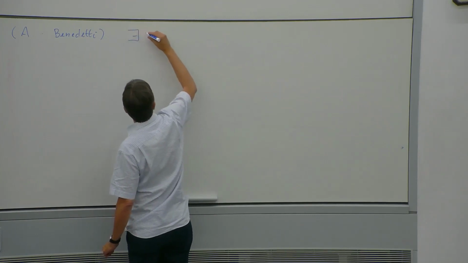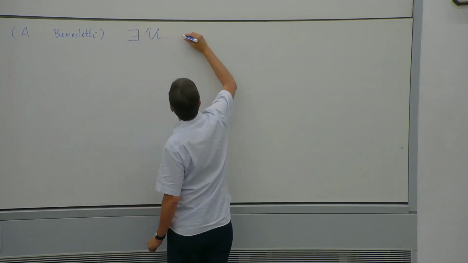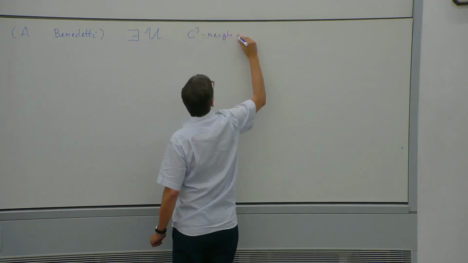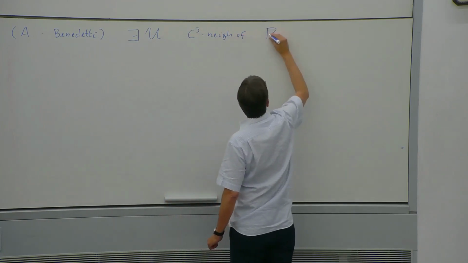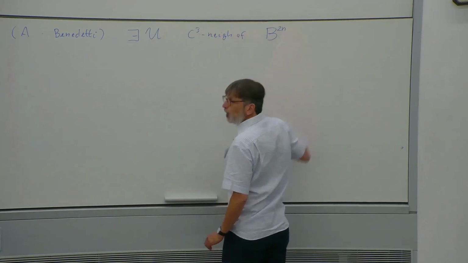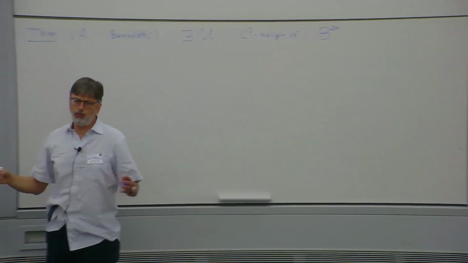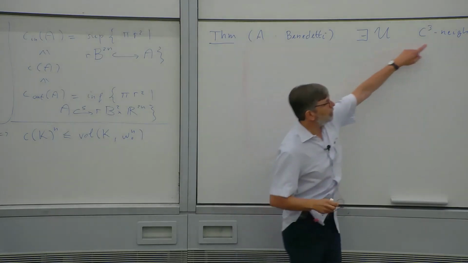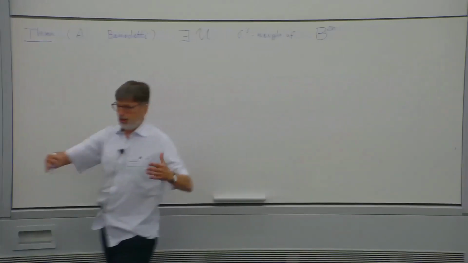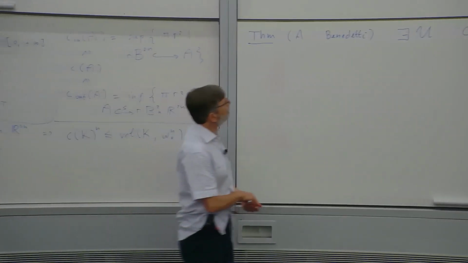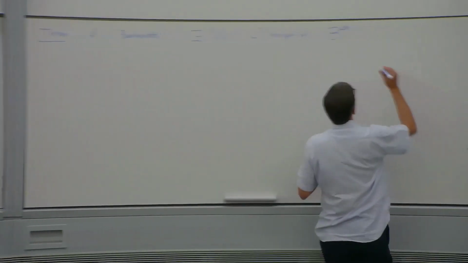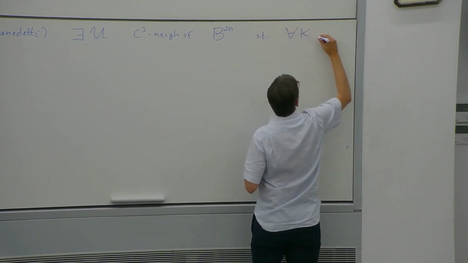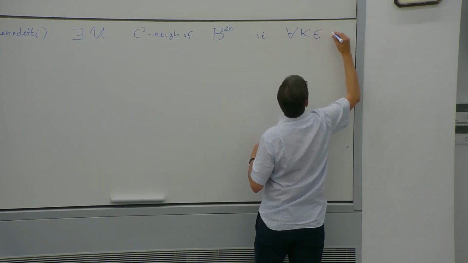This result says that there exists U, a C3 neighborhood of the ball. By C3 neighborhood, I'm just considering sets with a smooth boundary, and then you understand what it means to be in a C3 neighborhood of the ball. So there exists a C3 neighborhood of the ball such that whenever a set, which then will also be convex, is in this